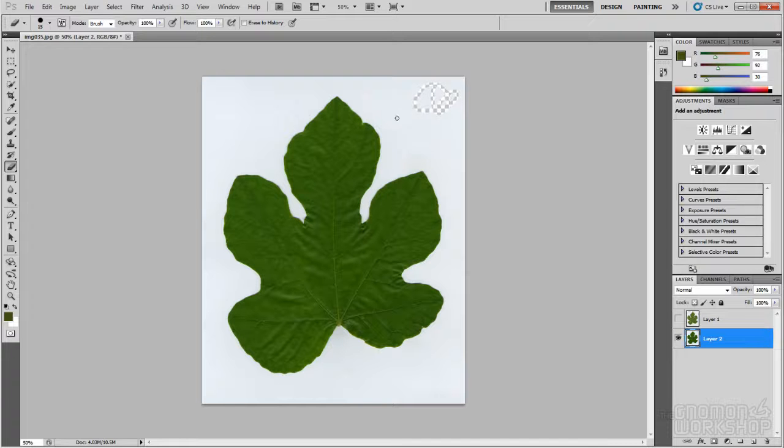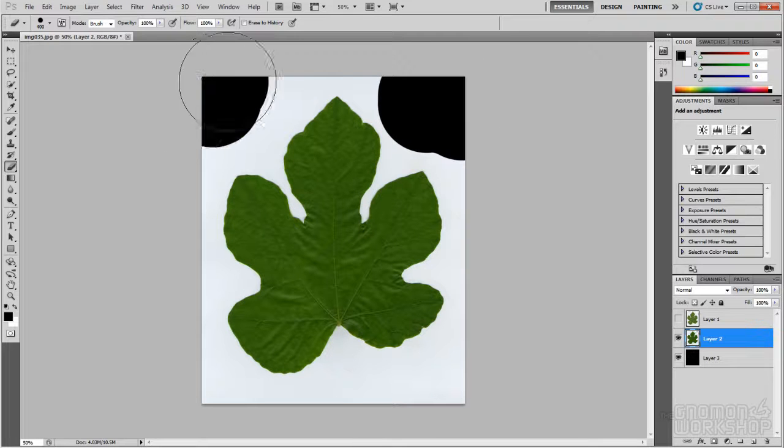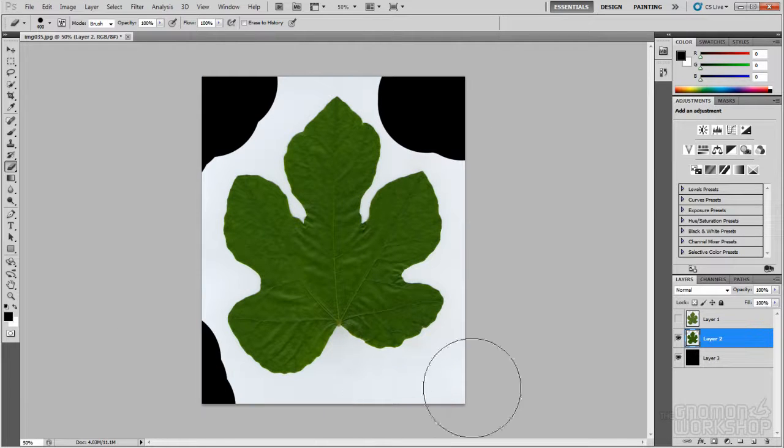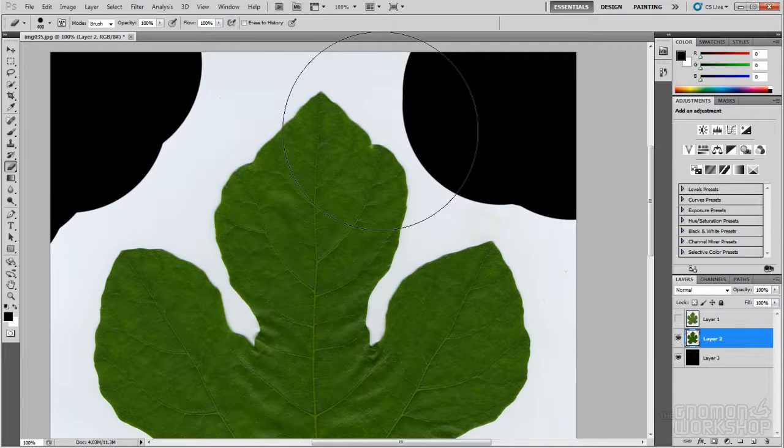But to make it easier to see what you're erasing, I'll put a layer behind it, which I will set to just be black, solid color, so that when I'm erasing, it's just going to be very obvious what I'm revealing. So if I zoom in here on this leaf